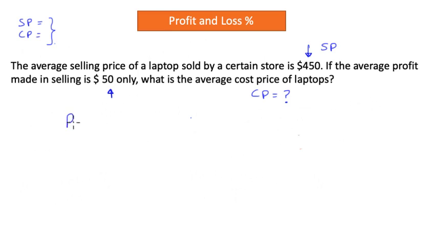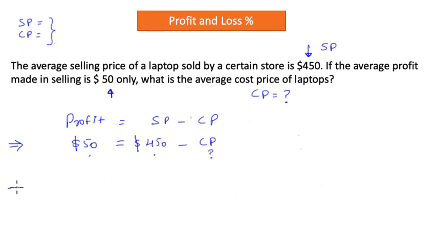Now let us go back to our equation. How do you calculate profit? Profit is selling price minus cost price. Simple enough, right? Now in this case, what is given to us is selling price is $450. The cost price is unknown, but we know the profit value and the profit value is $50. Now there is an equation with three values and two of them are known to us. Third is unknown and we can simply find it.